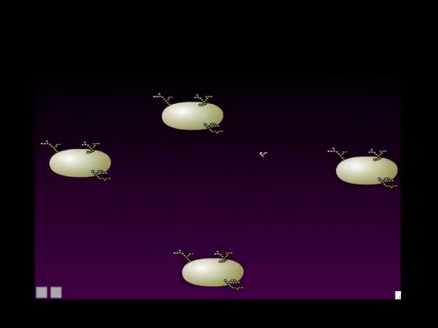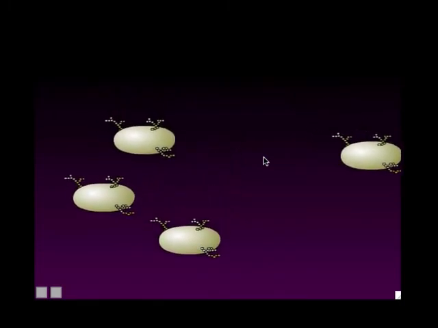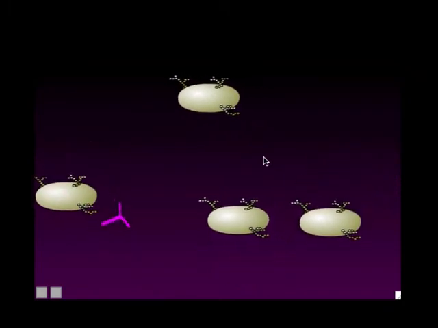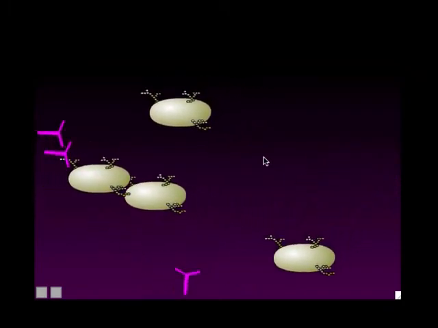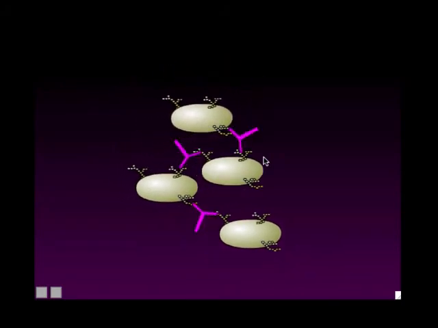And so when I click the button, we'll see some antibodies coming in here. Here they come. Here they are. So they're the antibodies. So remember that each antibody has 2 binding sites. They are Y-shaped proteins. And thanks to each antibody having 2 binding sites, they can end up linking the pathogen cells together. The official term for that is agglutination, or you say the antibodies agglutinate the pathogen cells, which means